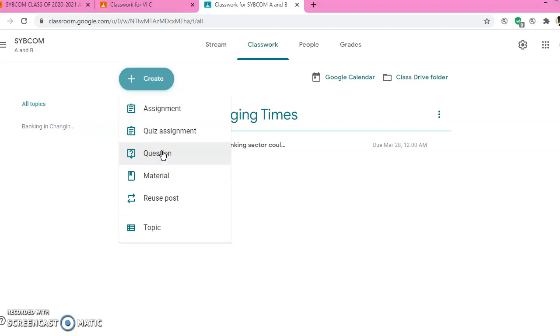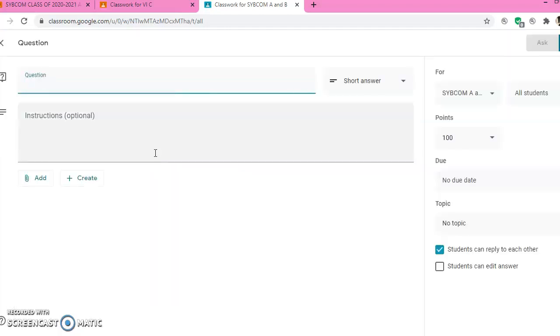For that, the easy option is just click on question. Once you click on question, you will see this window pops up. Here you can post the name of your subject or class, or you can write daily attendance, and you can also write the date, 23rd July 2020.